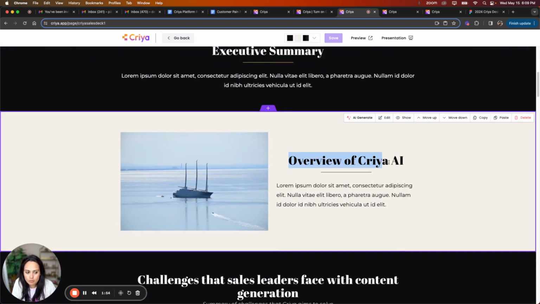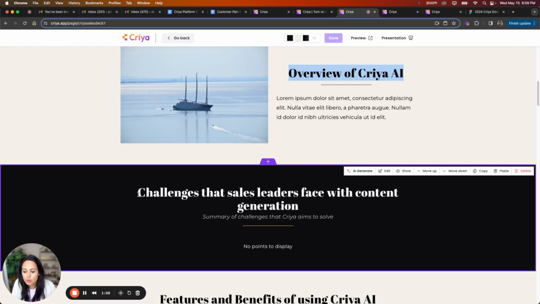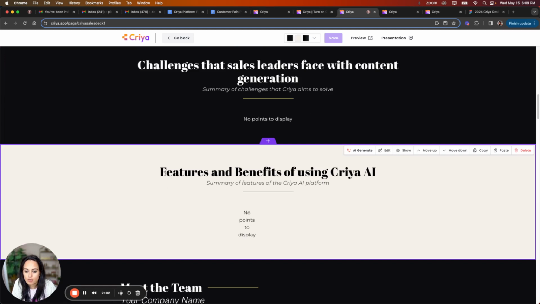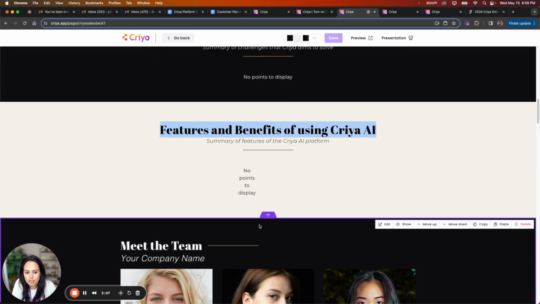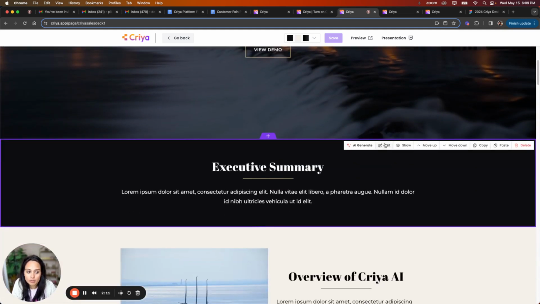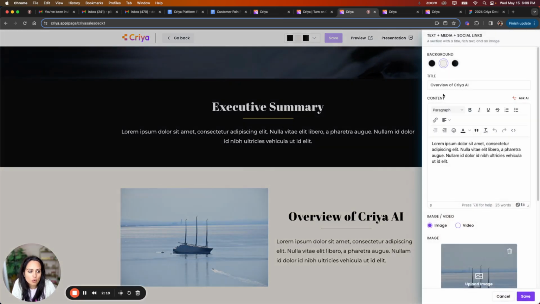Then you wanted to talk about just an overview of Criya AI. Then you want to talk about problem statements or like challenges faced by leaders. Then you want to talk about features and benefits of Criya AI, and then like your team and stuff like that. So my point being that the only effort that you should put in, just so you make sure that it is generating what you want it to generate, is set up the titles. So executive summary, overview,